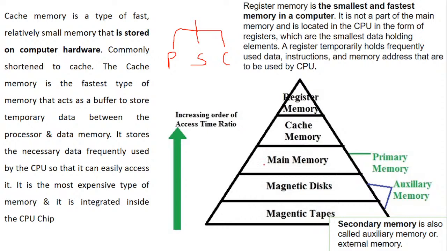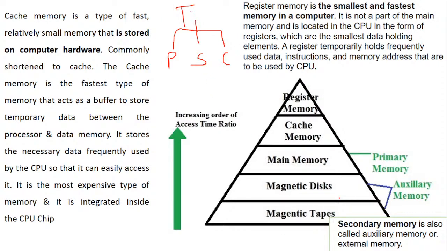So now let's start with auxiliary memory. Auxiliary memory is called secondary memory, which is an external memory in the form of magnetic tapes or magnetic disks. As I said, the memory topic I'll take again in detail tomorrow or the day after. Right now, just focus on this particular point: types of memory are divided into three parts, primary, secondary, and cache memory. And secondary is called auxiliary.